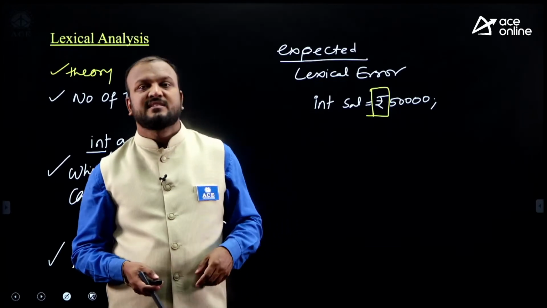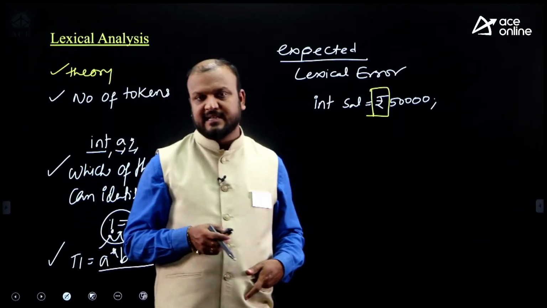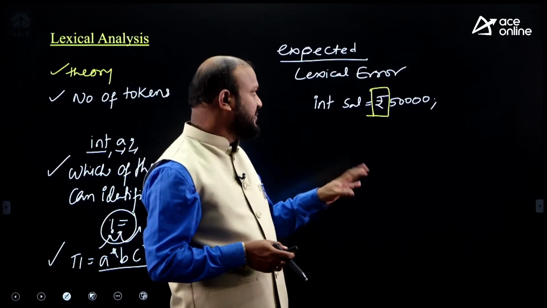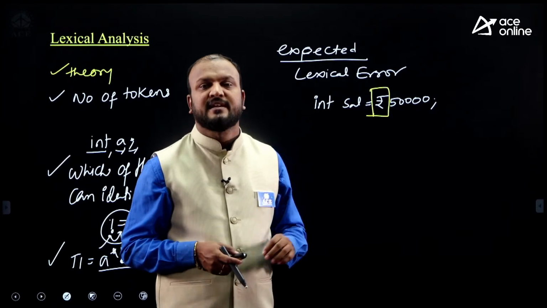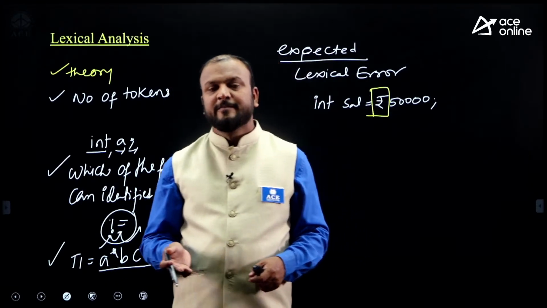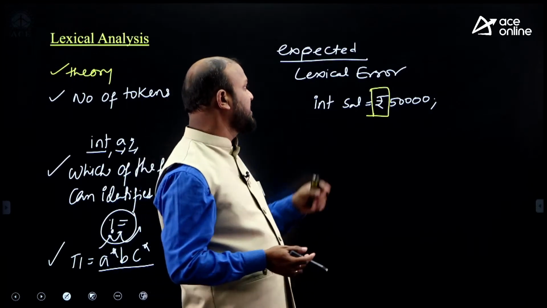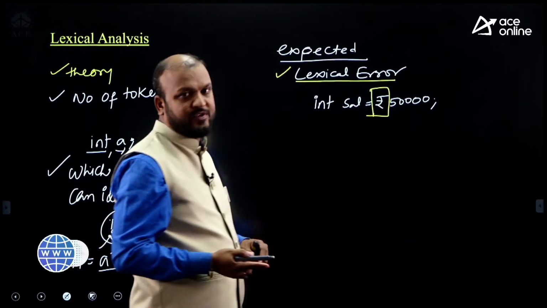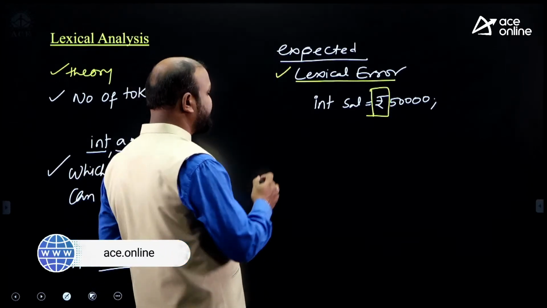And illegal symbols are going to be identified by the lexical analysis phase, which means it is an error at the lexical analysis phase. So they may give you some program snippets and ask you to find which phase of the compiler is going to identify what type of errors. Since no question has been asked on lexical errors so far, you can now expect at least 1 mark questions on lexical errors.